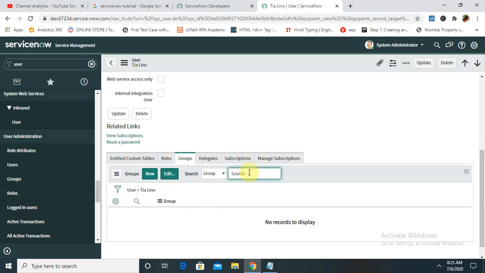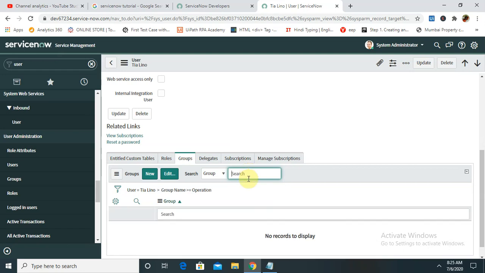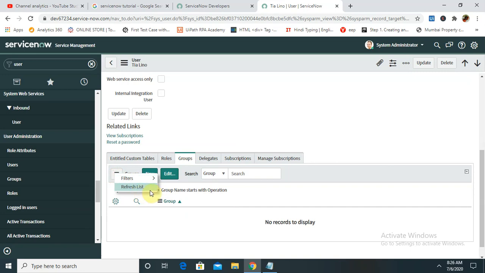If I want to search any operation, users Tialino is not available. Let me select refresh list. Edit.